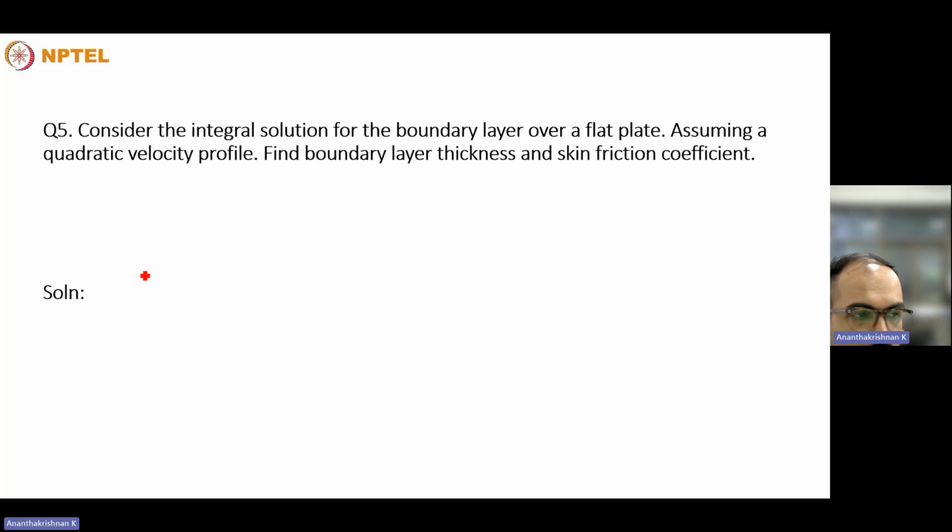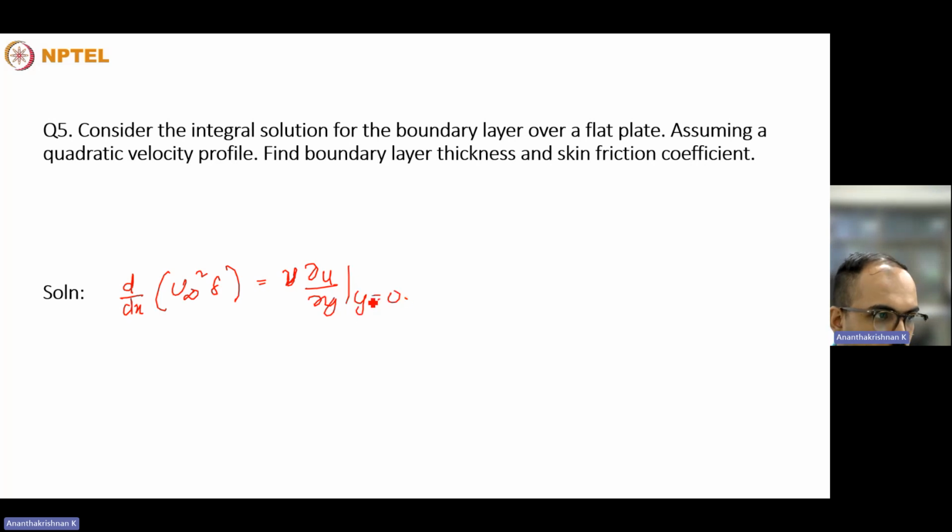The integral equation of the x momentum takes the form d/dx of u infinity squared delta 2 equal to mu times ∂u/∂y at y equal to 0. So if you know the value of u, we can get the